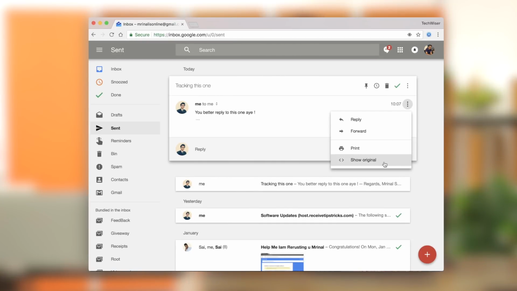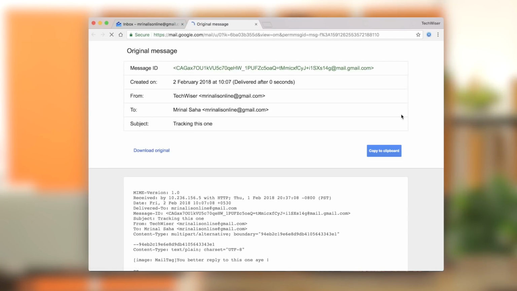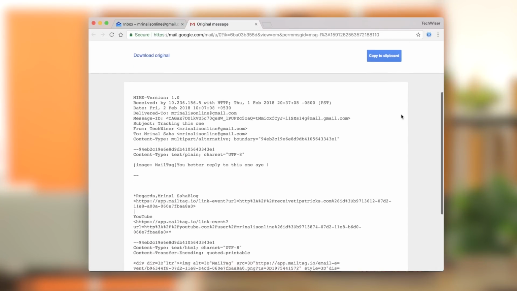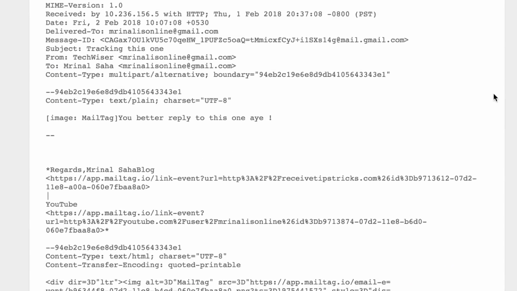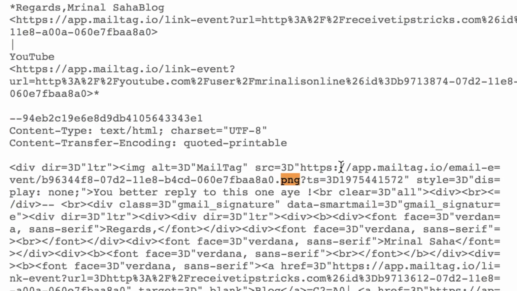Whenever you send an email using an email tracking service, they embed a tiny transparent image in each mail, hosted on their server. Now this image is small enough that it won't be seen by your naked eyes, but when the recipient opens the email, the tiny image makes an HTTP request to the server, thereby telling the sender that the email was opened.